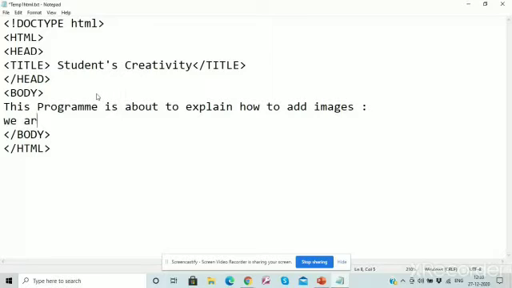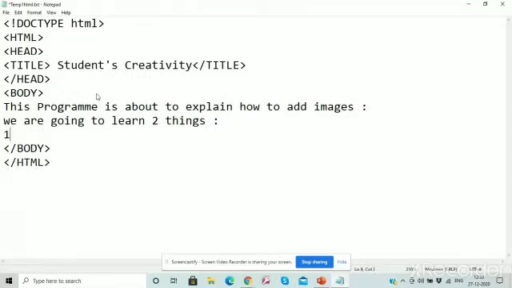We are going to learn two things. One, adding images. Second, adding border.